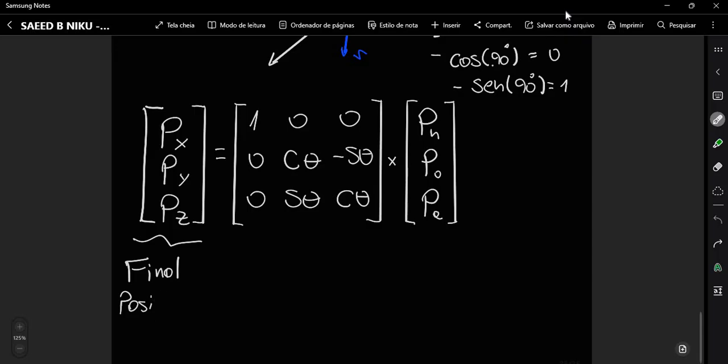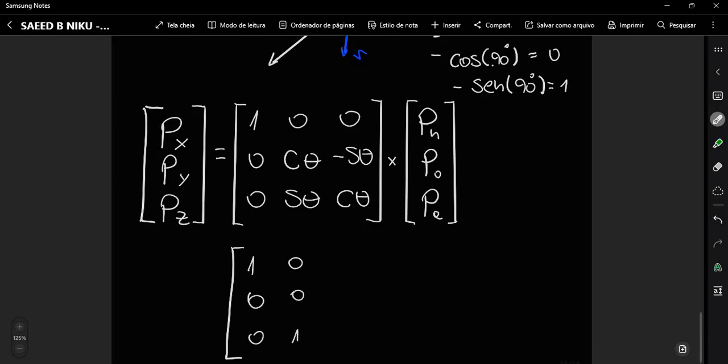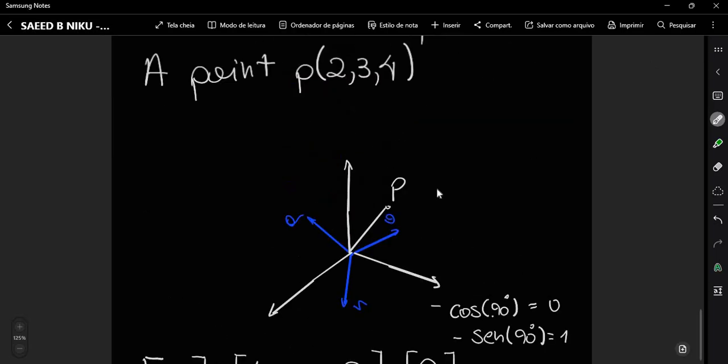At this point, we will obtain the following. And the final position,